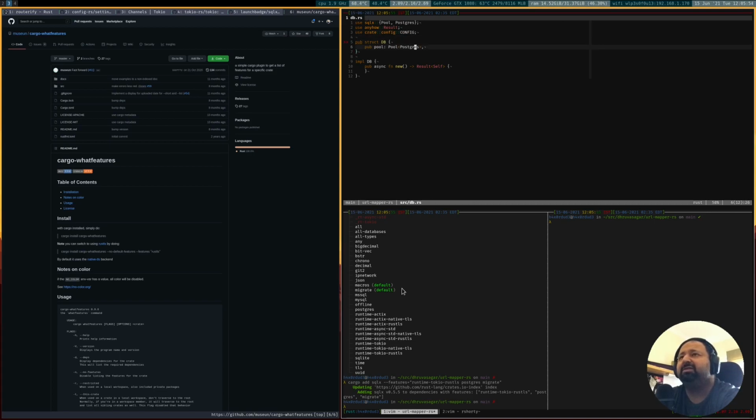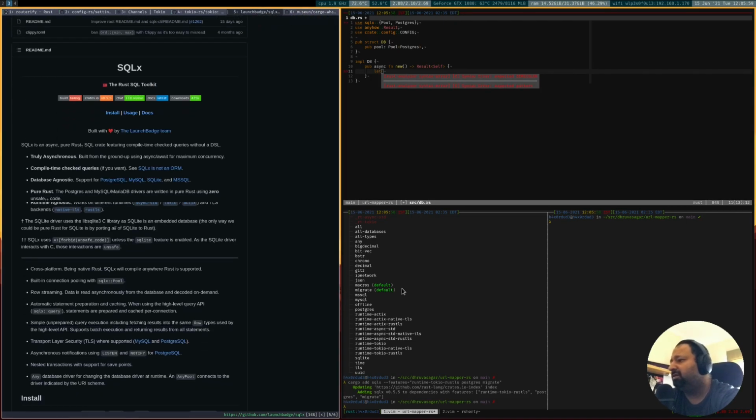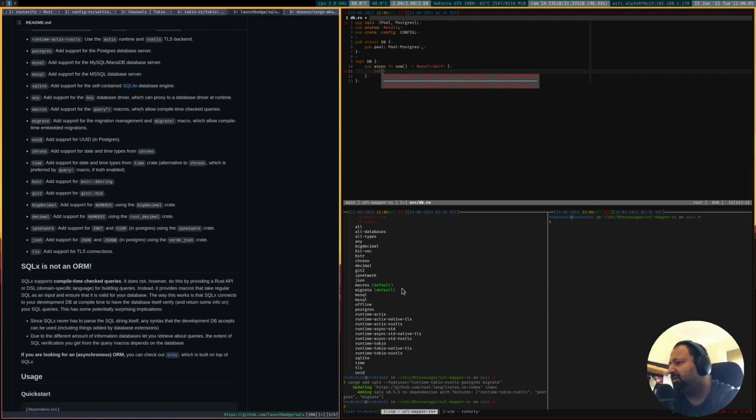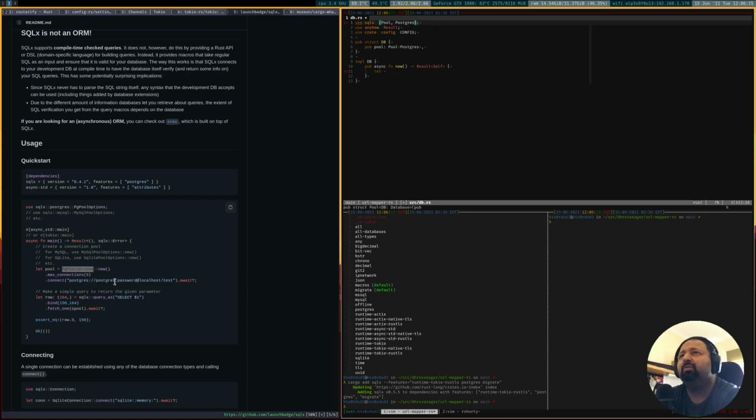Now you can see in the documentation here as well how to actually instantiate a pool. It's pretty straightforward. We would be needing PgPoolOptions, which basically sets up default pool options. So we will import that as well. This is inside sqlx::postgres::PgPoolOptions, and so we will say our pool is going to be PgPoolOptions::new, and then we want to set up a maximum number of connections.